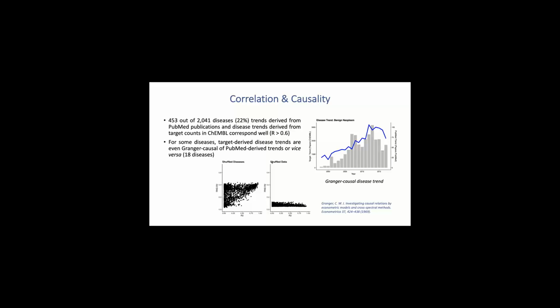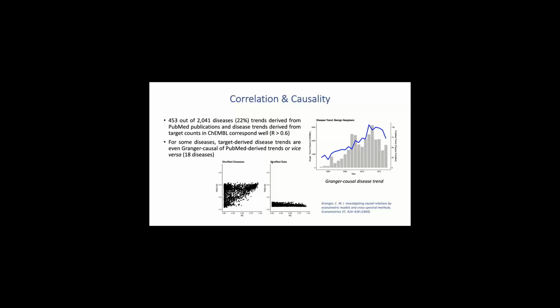But on the other hand, when looking at correlation only, we actually saw that 22% of all trends were correlated. And we thought maybe that's just a random finding, and that's why then we shuffled the data. So on one hand, we shuffled the values, on the other hand, we shuffled diseases, and in both cases, really the correlation was much lower or poorer. So we think there is something in the data. Maybe it needs a bit more testing and including more data sources to make this work even better. But I think that's a very interesting research direction to go.